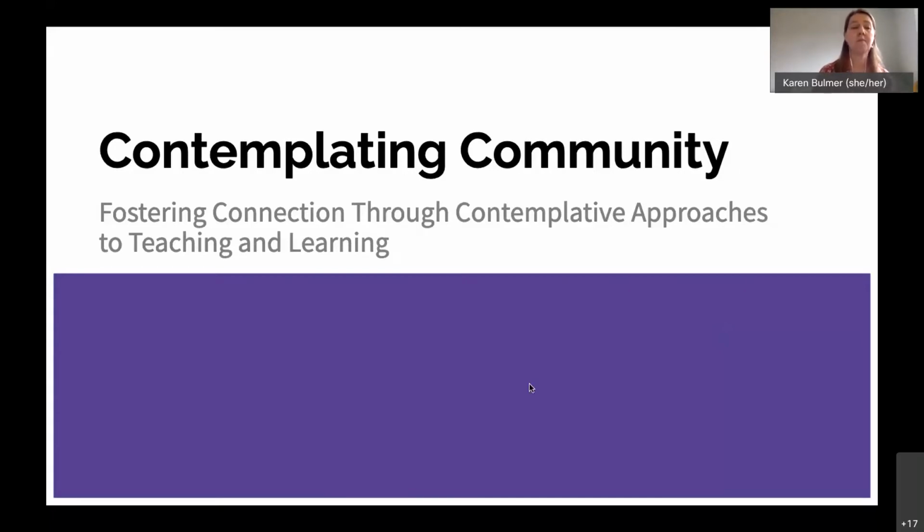So this is divided into three main components. What is contemplative pedagogy or contemplative education? How do you implement it skillfully in your teaching? And why? Why would we do this? We're not going to spend a ton of time talking about the why, because we'll do a number of practices throughout the session, so I hope that you will come away with a sense of why we would maybe want to do this. So let's start with the what.